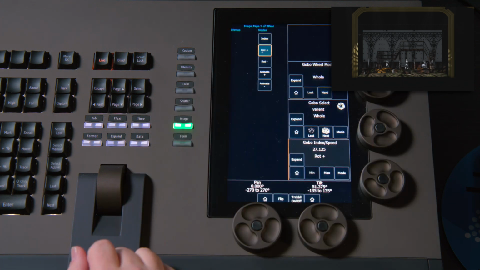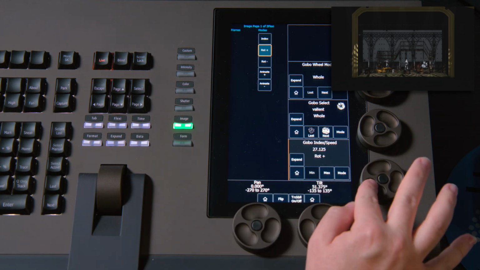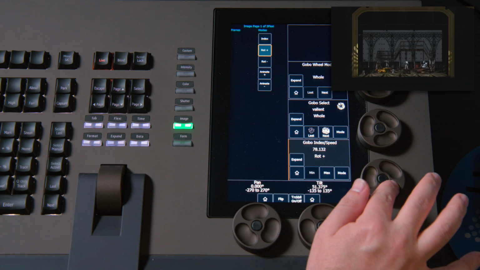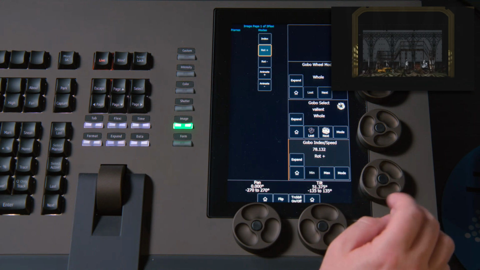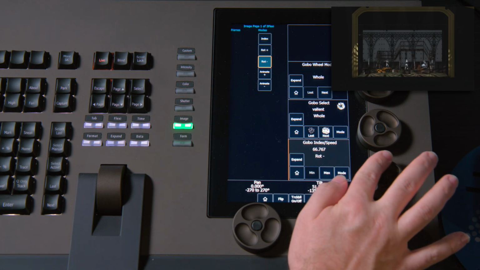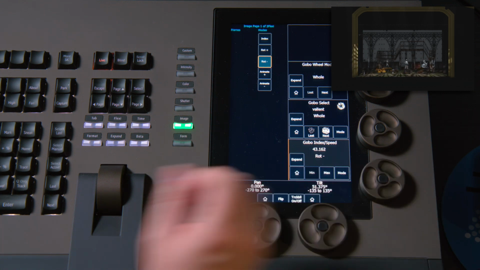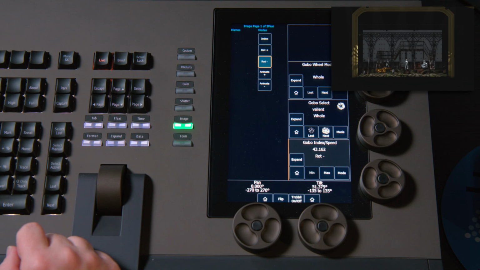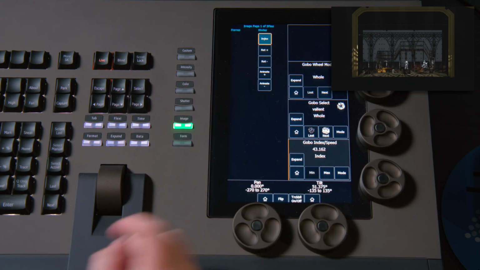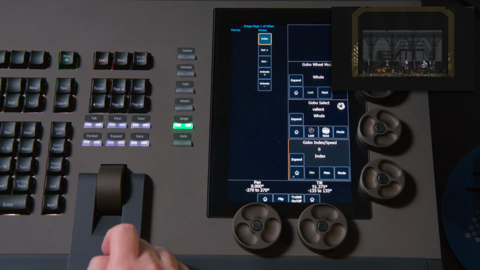We can also start rotate positive, and then this controls the speed of those rotations. If you speed that up, you can get some quick rotations. Rotation minus will do the opposite. And again, you can slow that down to be something a lot slower if you want maybe a more dynamic effect like water. For now, we're going to put this back into index mode, so we're static. We're just going to home that parameter.